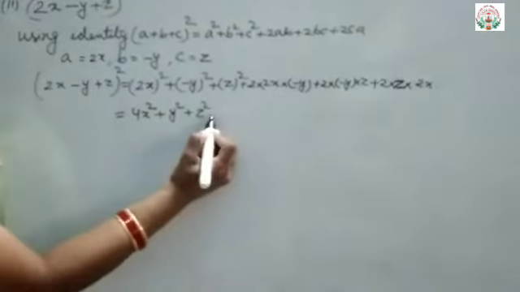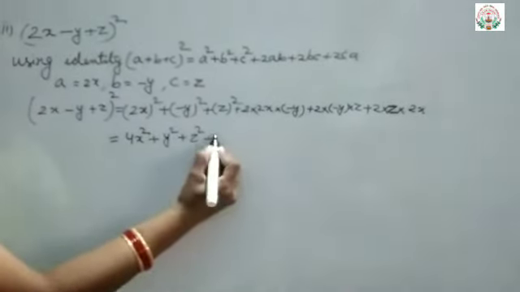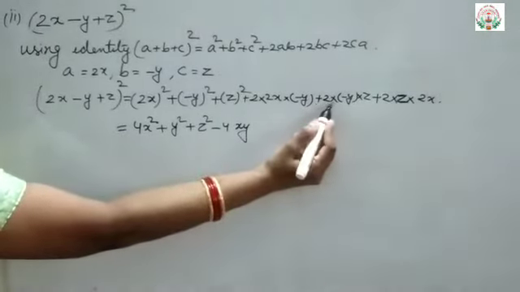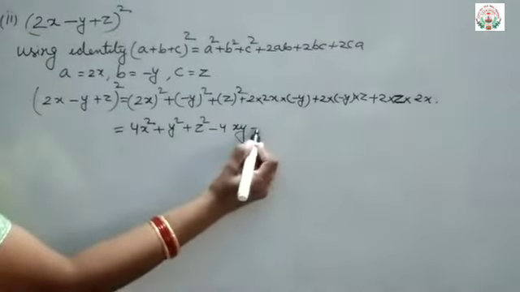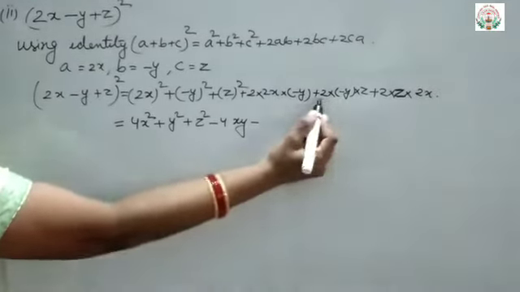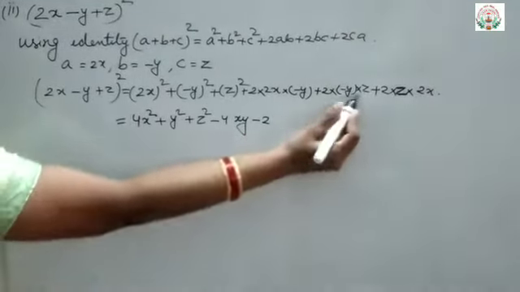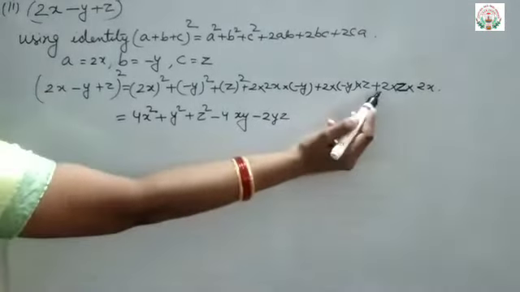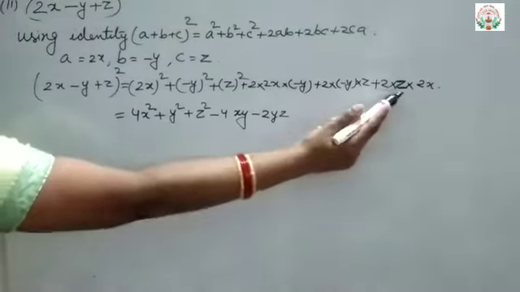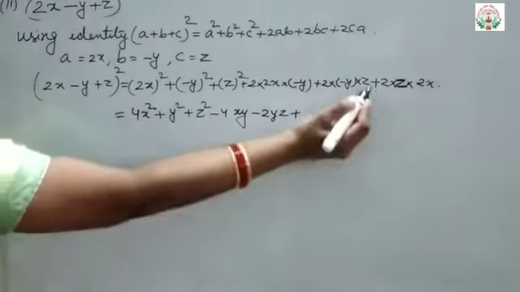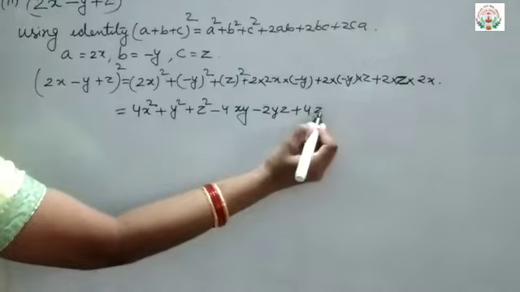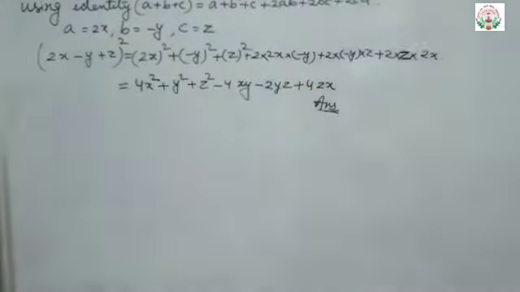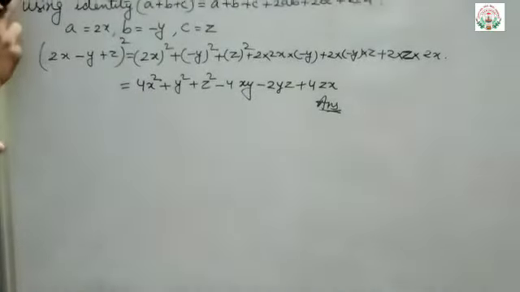So plus into minus will be minus 2 into 2 is 4 xy. Then here also you can see minus is there, so plus into minus will be minus. Then only one constant is there, that is 2, so 2 y into z will be yz. Then again you can see here all the positive terms are there, plus plus plus, so plus sign. 2 into 2 is 4 zx. Answer. Understood?